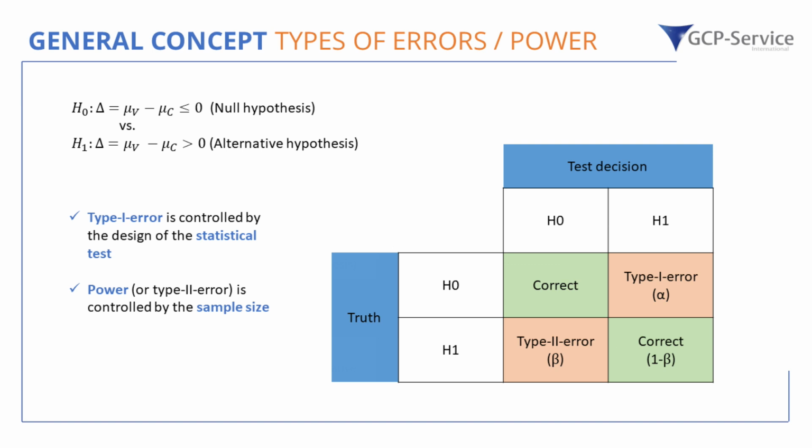This is what we have here in our columns. And what we have in the rows here in this table is the reality, what is in reality the case. For example, if we look at this row, we would say that in this case, the null hypothesis is true, and this means that there is no treatment effect or a better treatment effect for placebo. And when we look at this row, we would have that we have in reality really a beneficial treatment effect